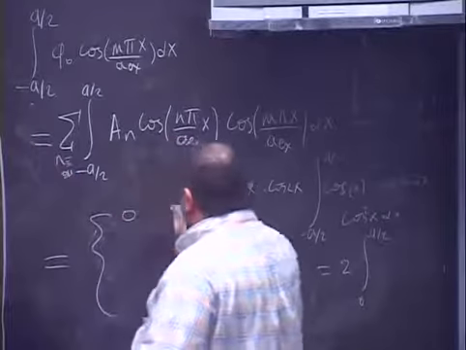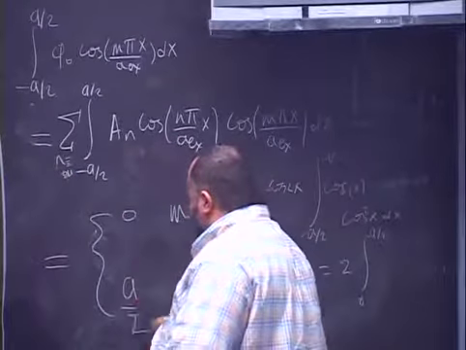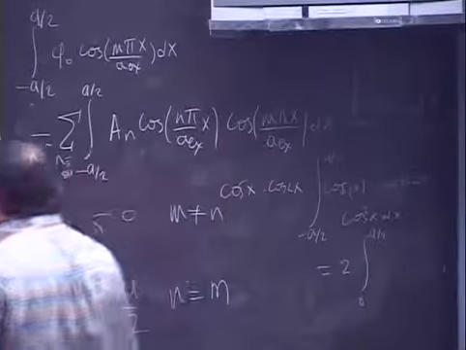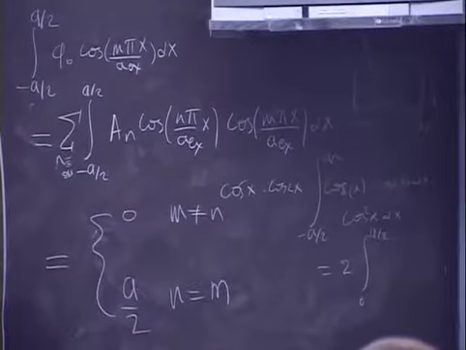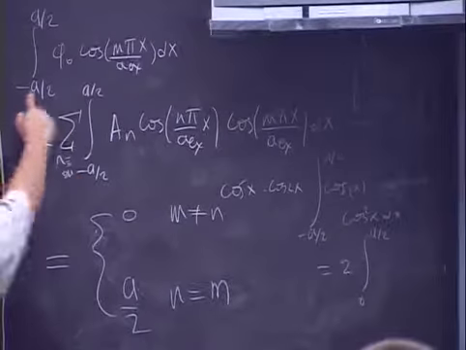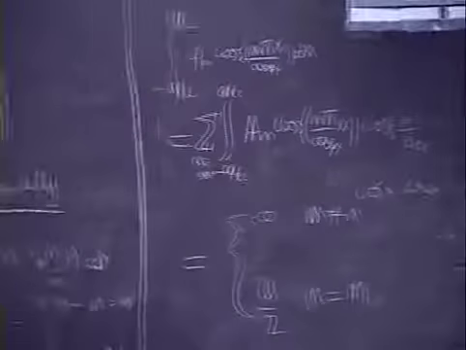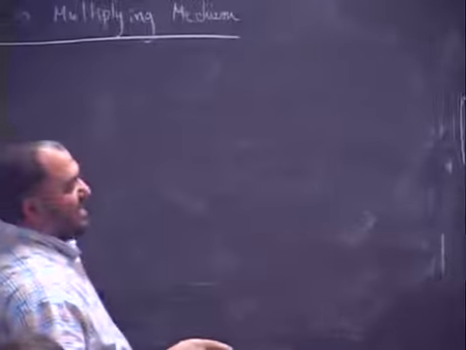That gives me 0 when m does not equal n, and it gives me a over 2 when n equals m. So now, what's the right hand side? What's the right hand side, guys? The one that I was looking for? This one. Yes? So when you evaluate the right hand side, cosine of m pi x over a extrapolated, dx,